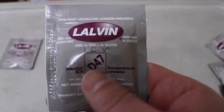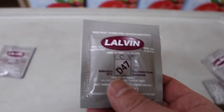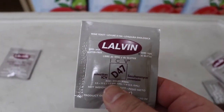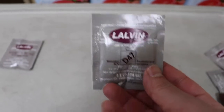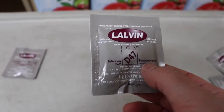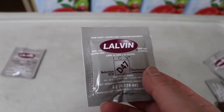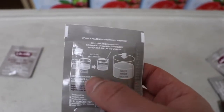Here we have the D47 yeast. This D47 yeast is really good if you are making mead. It's a slower fermentation, just like most meads are, and it has a little bit of a higher alcohol tolerance, around 15%. The fermentation range is around 10 to 35 Celsius, and it's also made for white full-bodied wines,